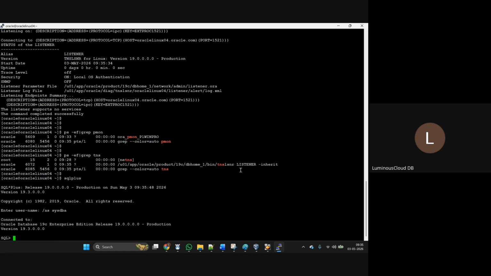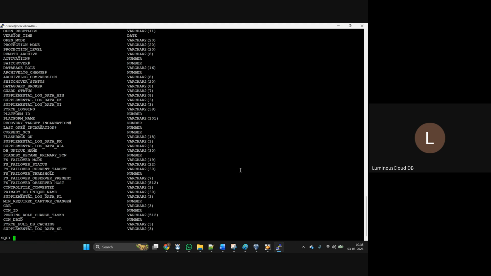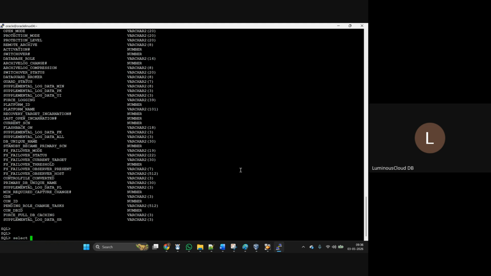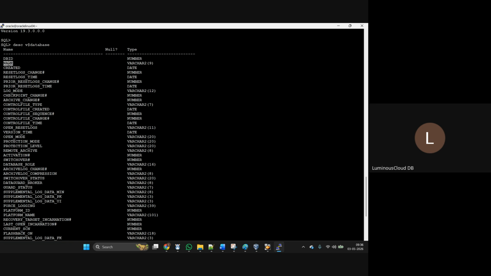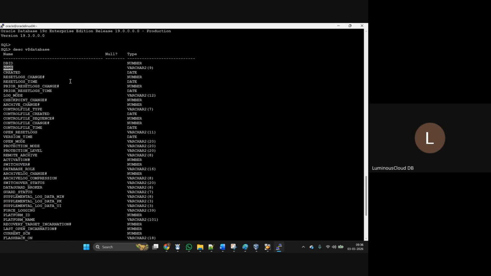Now see, if you want to take a hot backup of the database, it must be run in archive log mode. That is the primary prerequisite for any hot backup, or for RMAN backup. What is that? The database must be run in archive log mode. Now see here, how do we know whether the database is running in archive log mode? Select name, open_mode